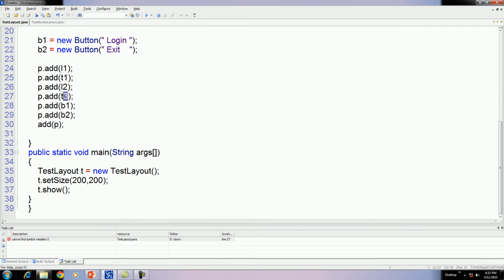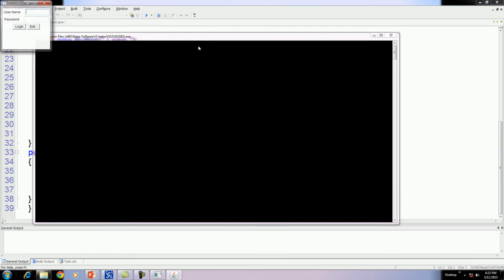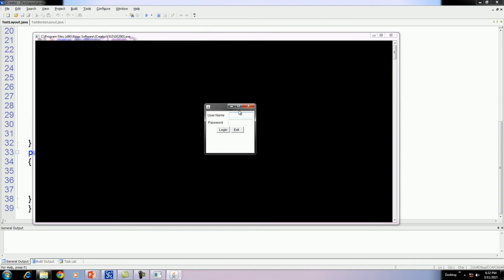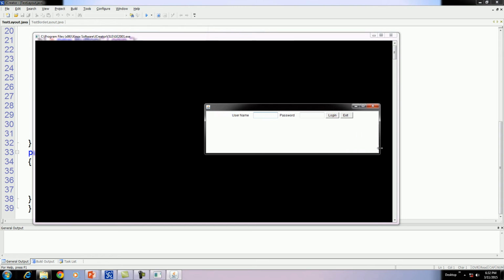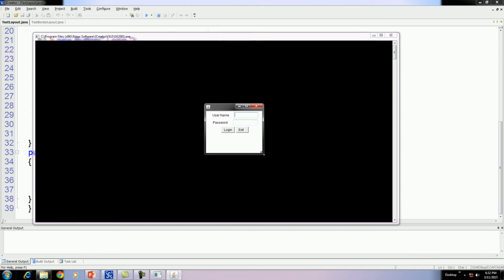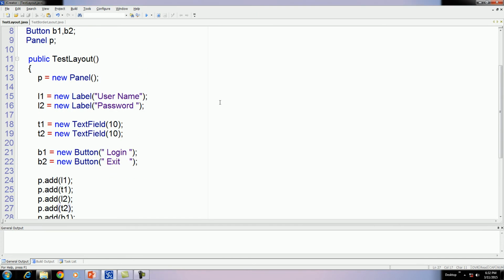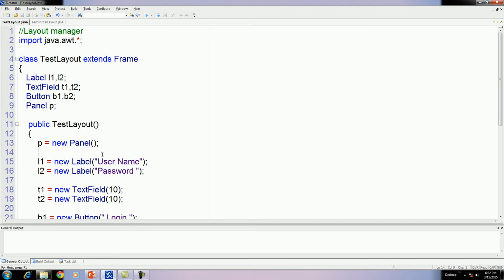how the controls are placed. But if you resize this frame, then what happens? All the controls get moved. Then you need a layout here. We have two labels, two text boxes, and two buttons. Therefore, we can simply use a grid layout here. But you should set this layout to the panel because all the controls are placed in the panel.